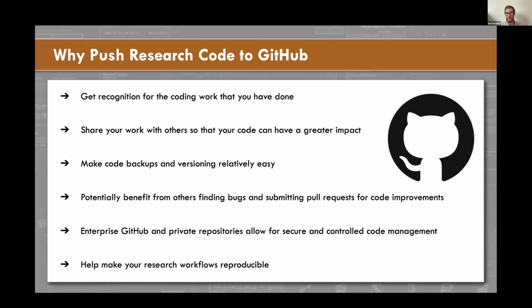You can potentially benefit from others finding bugs and submitting pull requests for code improvements. This has happened on an open source project that I worked on myself, where someone didn't find a bug but made a feature request and put in some sample code. And then I was able to work with this researcher from another university here in the US to work with their code, edit it, make sure it worked well with my code, which is another thing that Git and GitHub can help with as well. So, after I've manually reviewed it, you can run it through GitHub. It'll make sure that everything is compatible with the main branch of your repository, make sure it doesn't conflict with anything or cause any breaking changes. And then if you get the green light from GitHub, you can go ahead and merge those changes